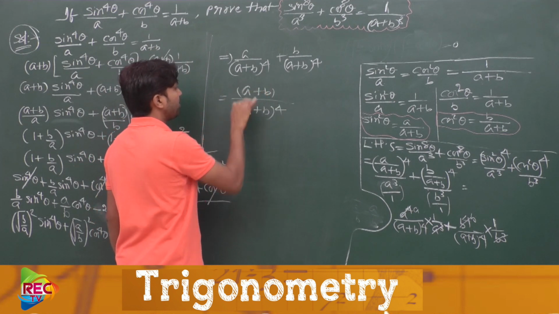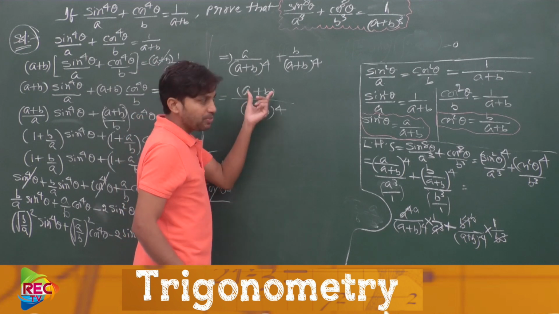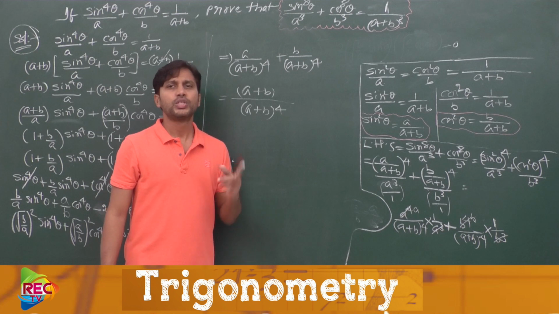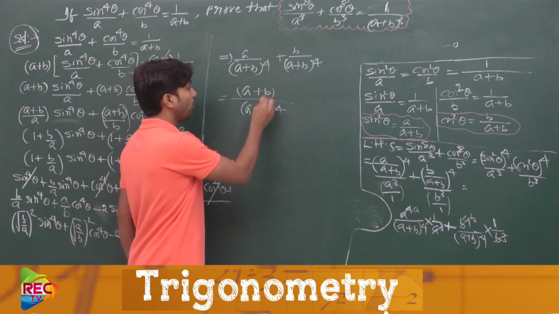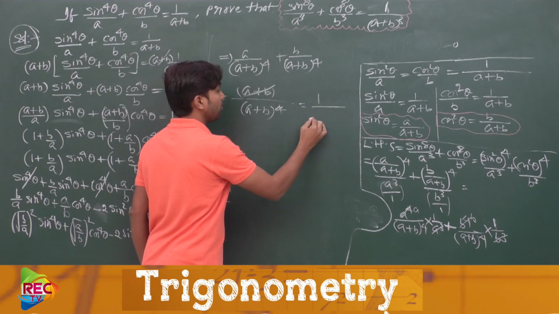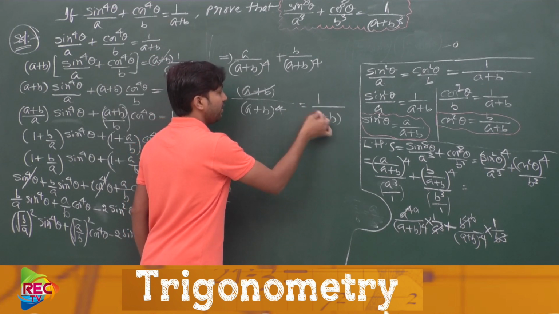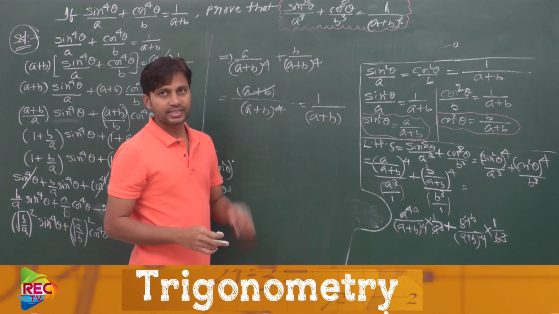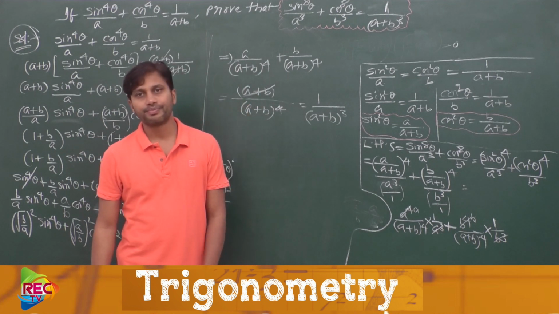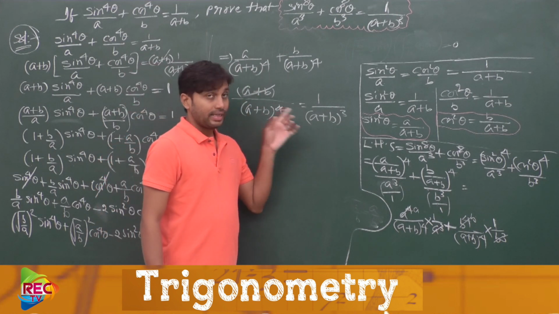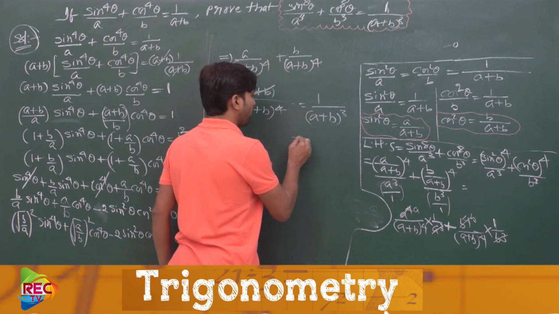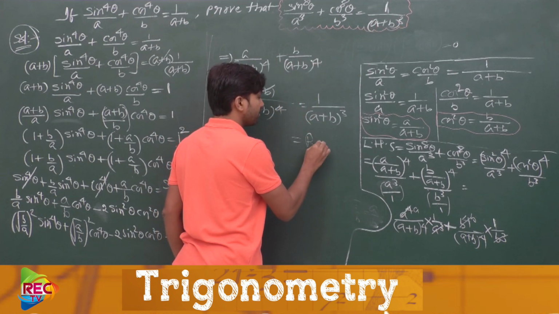So now a plus b is cancelled. See here, a plus b is there in the numerator and a plus b whole to the power of 4 is there in the denominator, so we can cancel one a plus b. If you cancel, what will be left over? This will be 1 by a plus b whole cube, since out of 4 a plus b's, 1 is cancelled. Got it? So now, did we obtain our required RHS part or not? Therefore we obtained our RHS part.